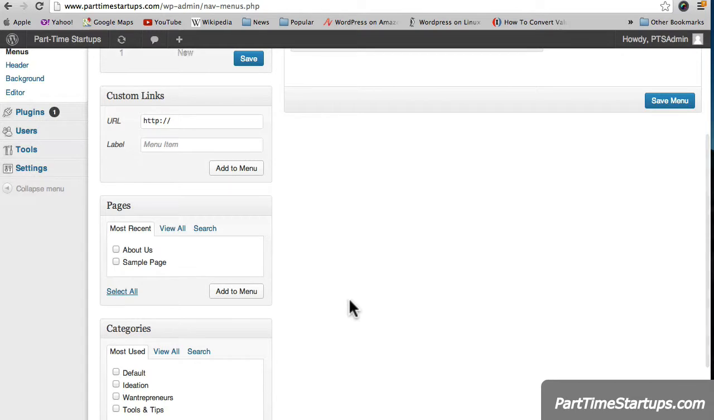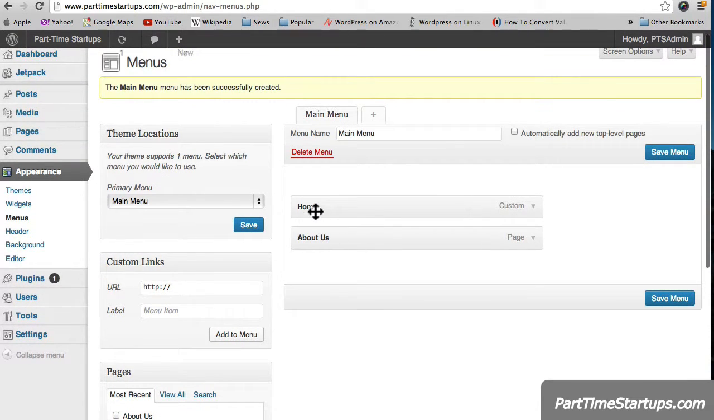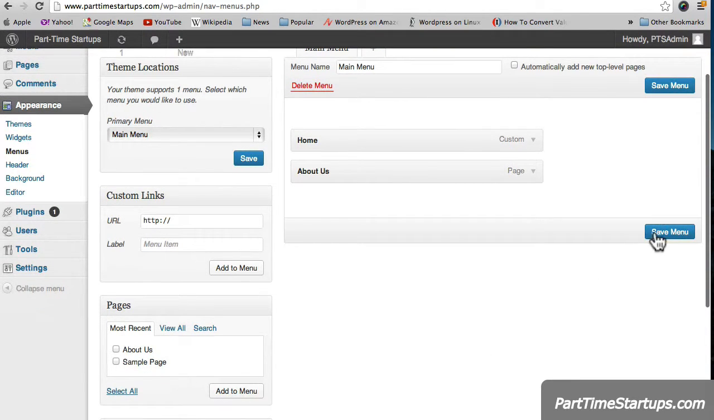and I want to add this about us. I can add a page into the menu, which is, see, now we can see home and about us in the menus here. And if I save it,